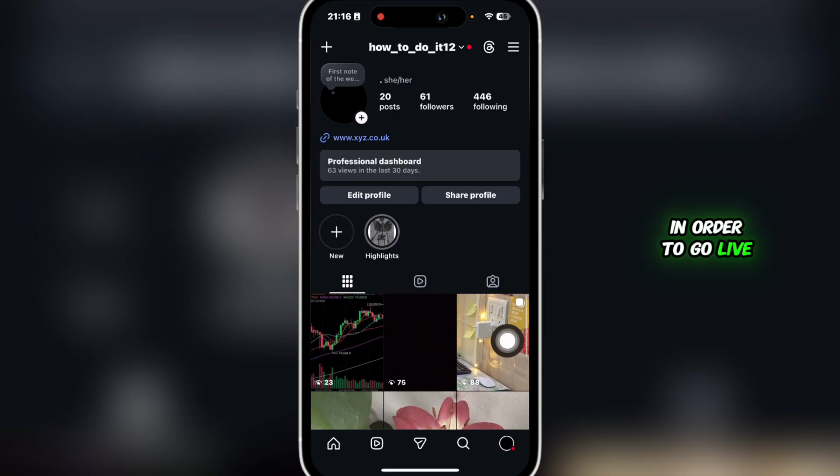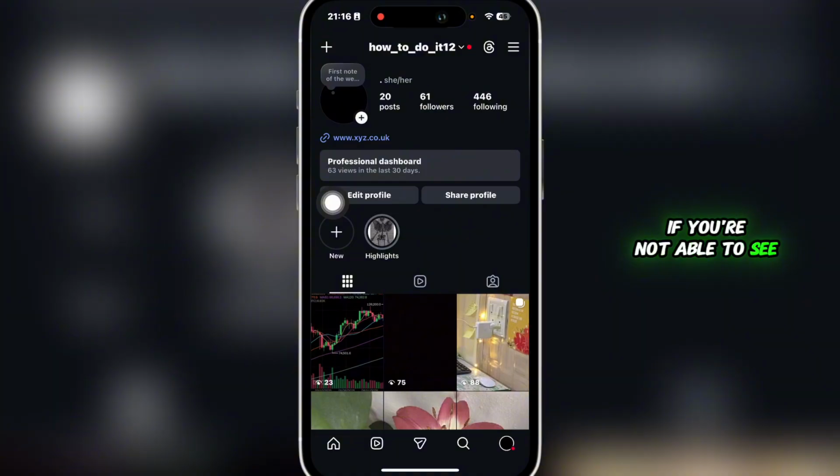In order to go live, you're going to make sure that your account is switched to professional and you should see this over here. If you're not able to see this option,